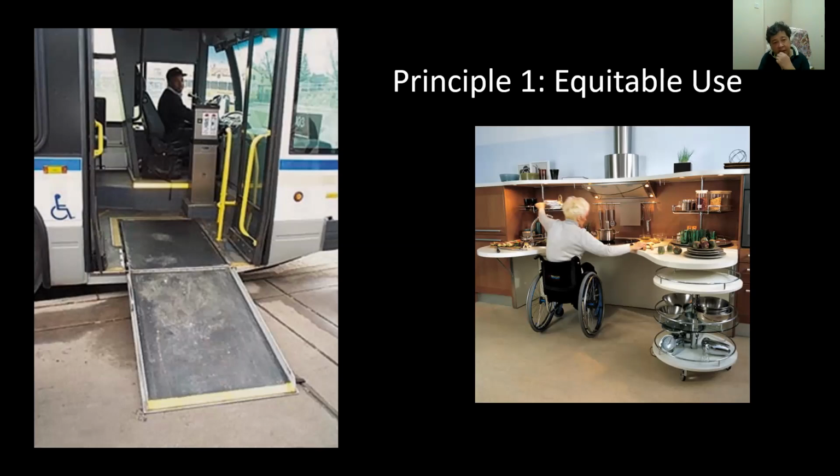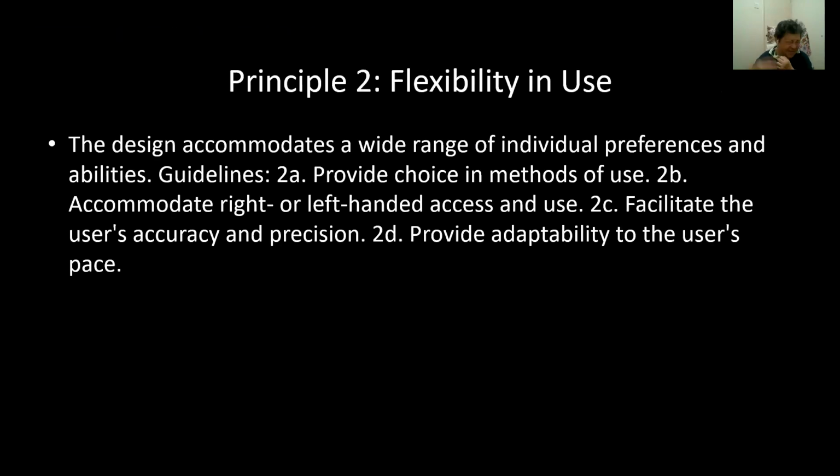I would want to be like everybody else, to be able to access the front, you know. So when we talk about kitchen access, to be able to cook like everybody else, all the equipment, all the cutting board, washing area, cooker, I can do it myself, then we are talking about equitable use in the image that is shown on the right.